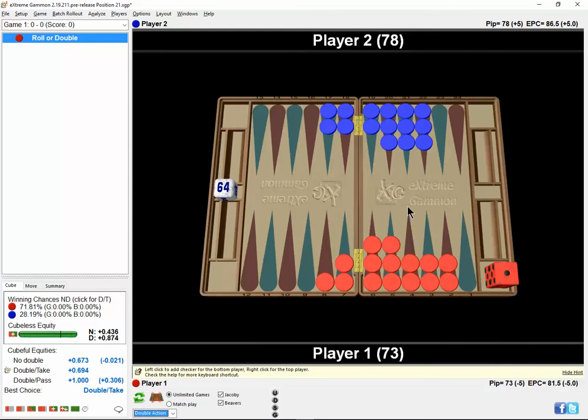And look at this. It's surprising to most people that blue only wins this game 28% of the time, and he's still better off taking than passing. Why? Because 25% is his break even. If you played the game 4 times or 100 times, anytime he wins more than 25%, he loses less by taking the cube than by